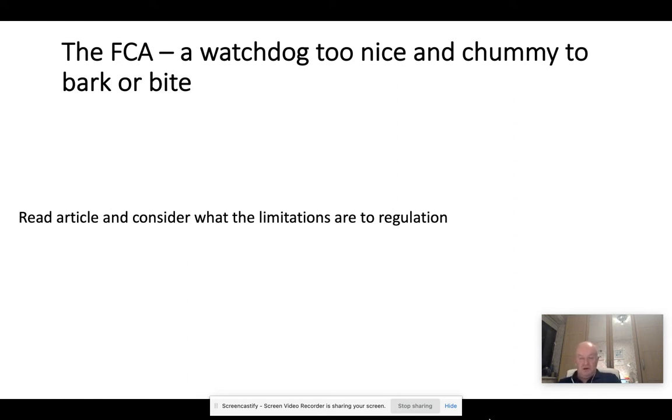There's quite a nice article that I'd like you to take a look at, which was to do with the Financial Conduct Authority, and one of the issues around this whole area is that the view was that the regulators were a little bit too close to those people that were responsible for some of the issues around the financial crisis that happened. So there is an article which I'm just trying to find a reference for